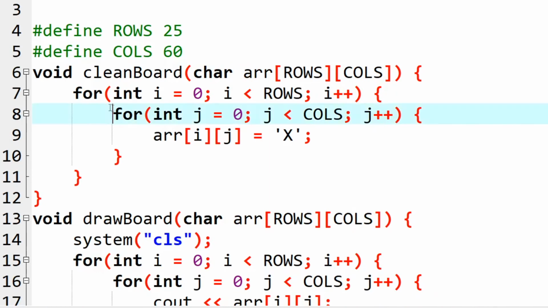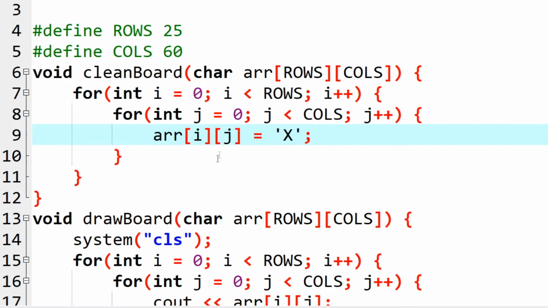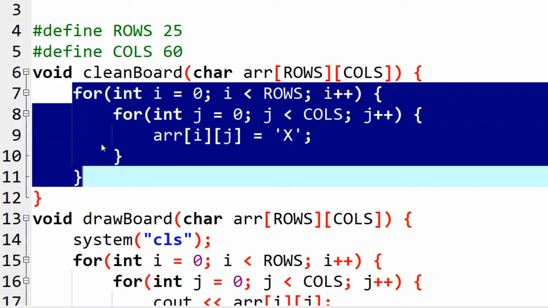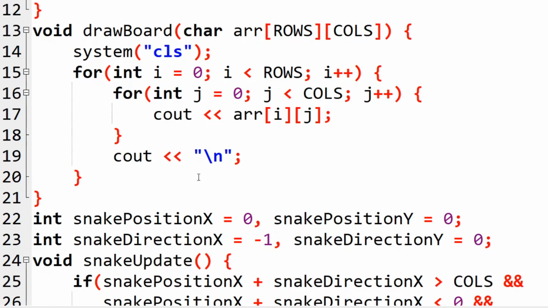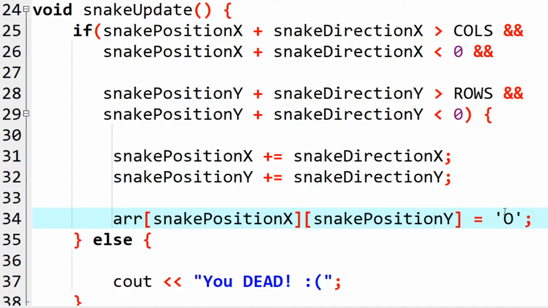So automatically the snake will clear here, right? I am replacing all of the array with x, so anything I draw won't be drawn in the next frame. If there is a snake present on 0 0, it will not be present on the next update automatically, because clean is automatically called. So anything that is present will automatically get deleted. So I don't need to worry about removing things from the screen, right? Things are automatically removed from the screen. I only need to worry about adding things. So I need to add the snake. Let's say my snake is Anor.